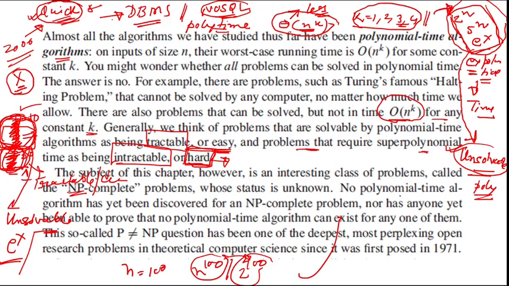The catch is that no polynomial, so this is the background. Now they make one statement that no polynomial time algorithm has yet been discovered for NP complete problems, nor has anyone been able to prove that no polynomial time algorithm can exist for any of them. The meaning is that this solvable 30% of problems is termed the P problem, capital P. P stands for polynomial, and these non-solvable problems refer to NP. NP stands for non-deterministic polynomial. We will come to it. Everything I will tell in the first class, so I have the liberty to tell you everything. So this is NP, non-deterministic polynomial.